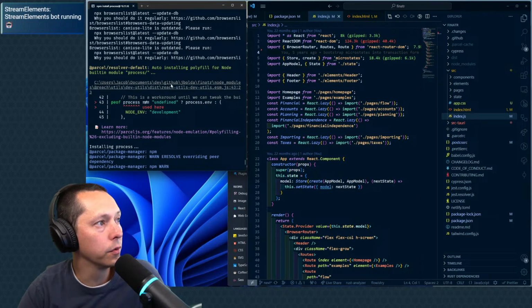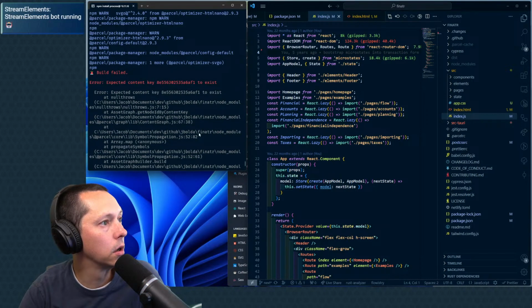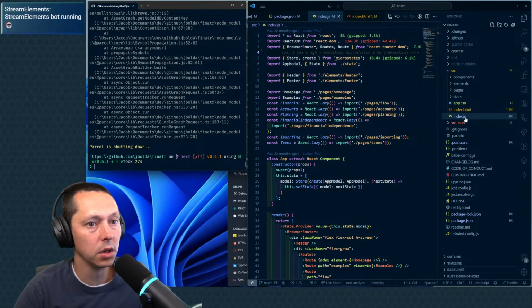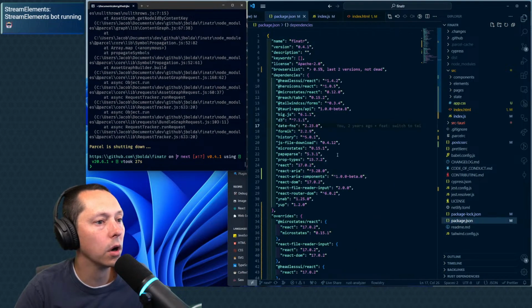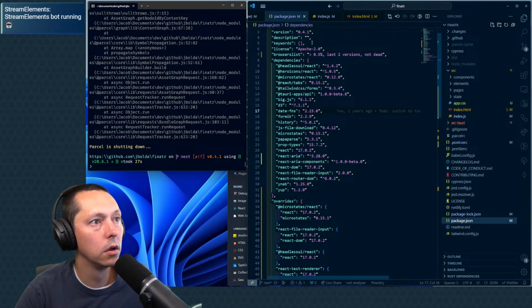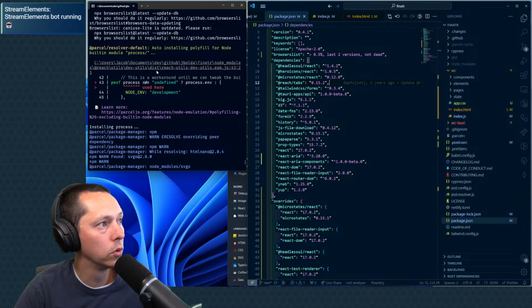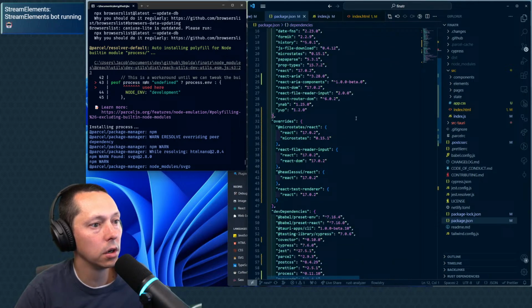Auto installing polyfill for node built-in module process. So reach utils has that installed. This doesn't feel like it's specifically an issue with this. I don't really want that, because that was coming in from reach and reach tabs. I don't really need that in here if